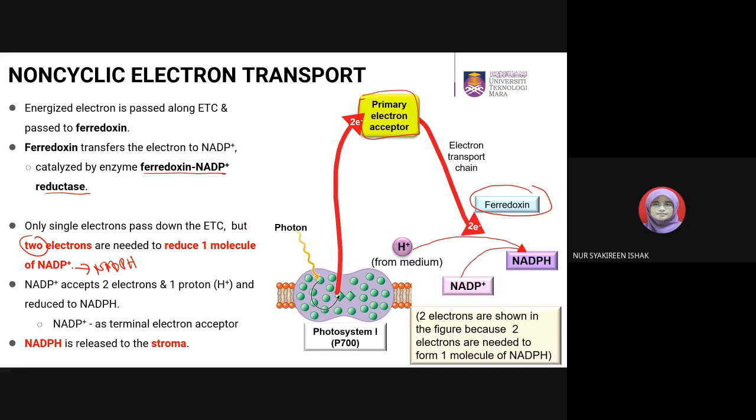Kalau tengok kat sini, kena fahamkan kenapa NADP plus kena receive dua elektron dan satu hydrogen ion. Satu hydrogen ion ni from medium, okay, from the medium in the stroma. The stroma will have hydrogen ions, and then will be accepted by NADP plus. NADP plus meaning that it is lacking an electron. So in order to become NADPH, it has to receive two electrons and also one hydrogen ion. Then only it can become